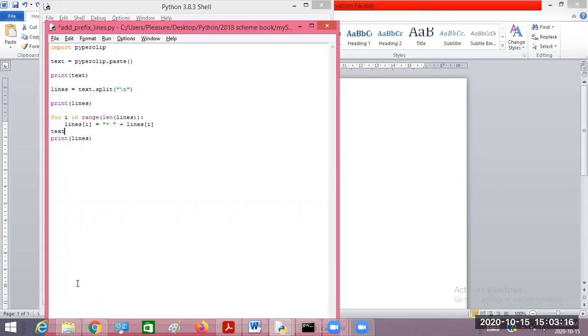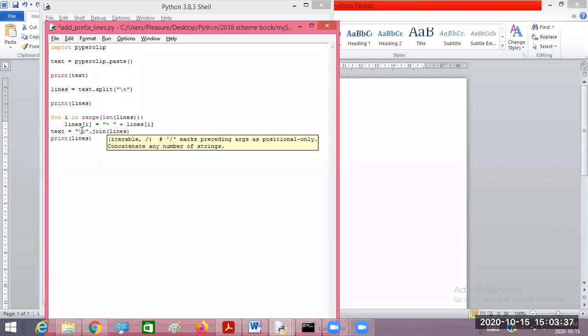So now what I'll do here is text equals join with the new line. Then use the function called join. Then what do you want to join? The content available in lines. So this does the job of joining strings into lines separated by new lines. Now I have got a text.